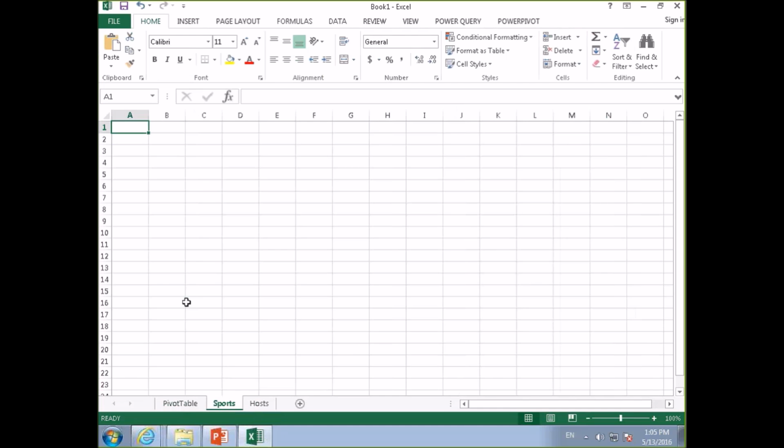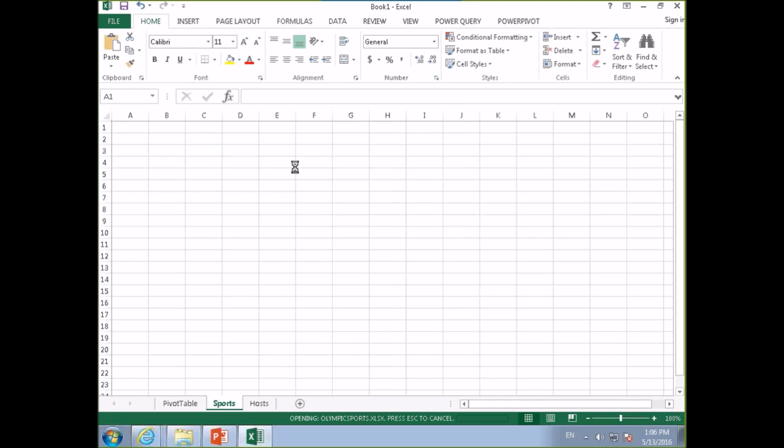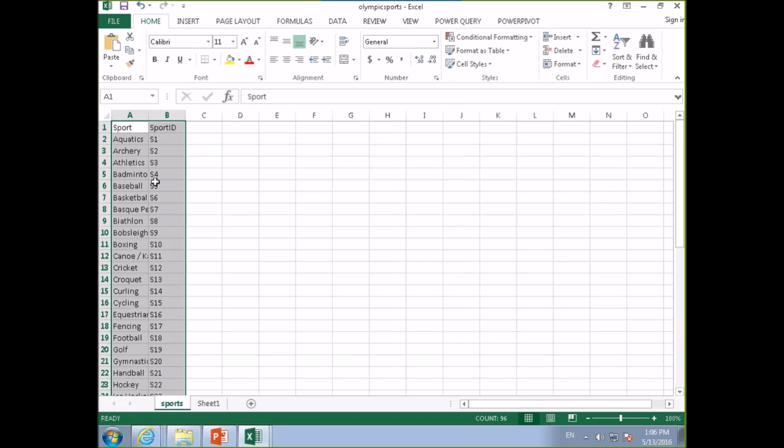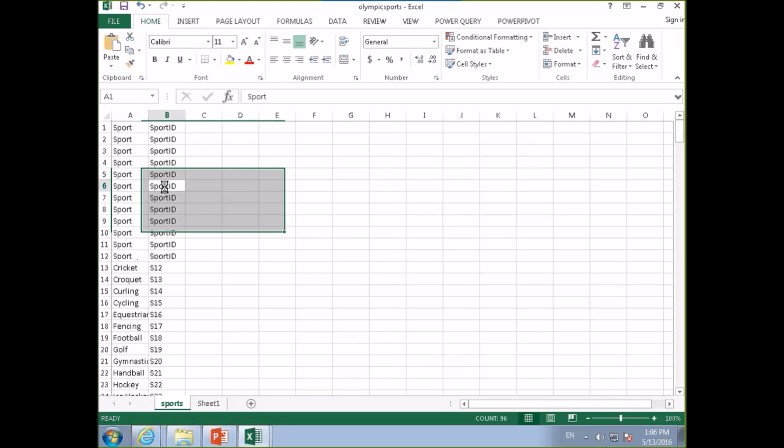Under sports here, I'm going to come in here and hit open. And I will open this particular spreadsheet. So you see we have some data here. And what I'm going to do here is basically make it